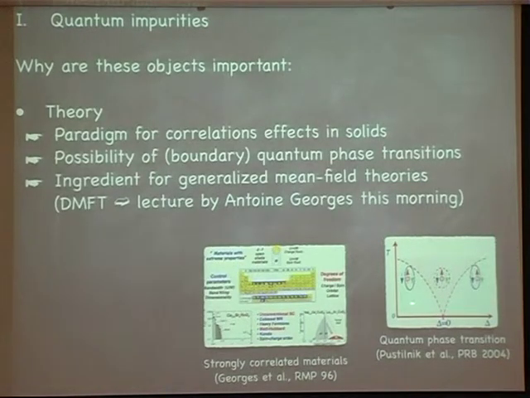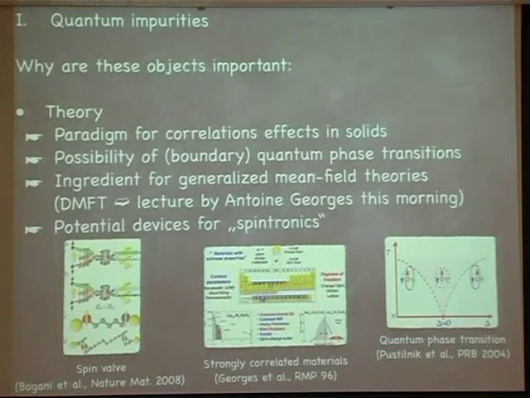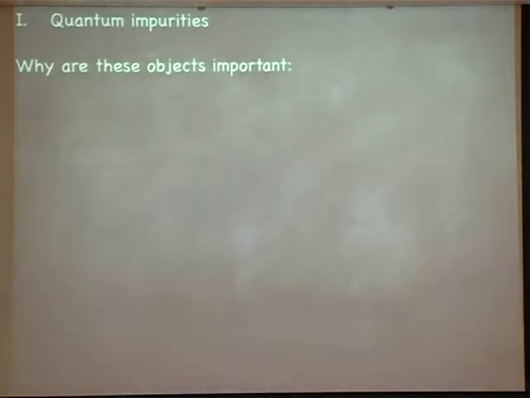That's okay. This is the quantum phase transition. There is one quantum phase transition in a certain model called the two-channel Kondo model. And there are, of course, potential devices for spintronics, because you can build these things using nano-structuring technology, and hopefully you can realize single spins in a quantum dot and manipulate them very neatly, and also store them, get them out again. Coherence times are a different story then, and decoherence especially.